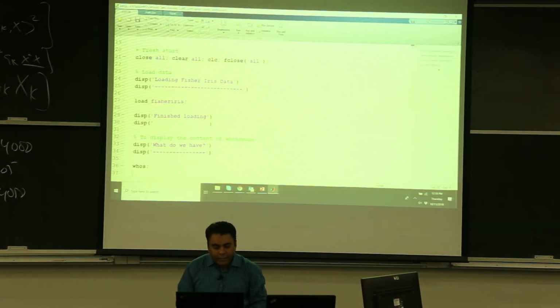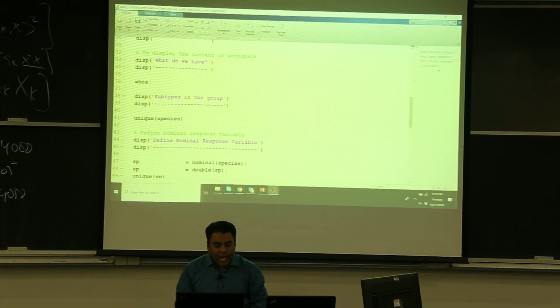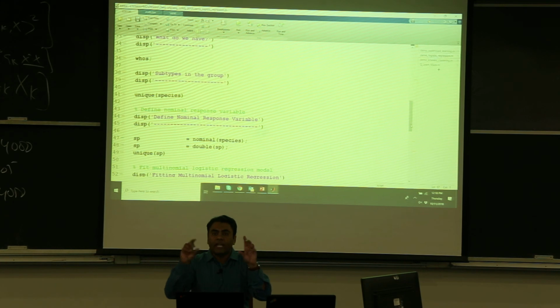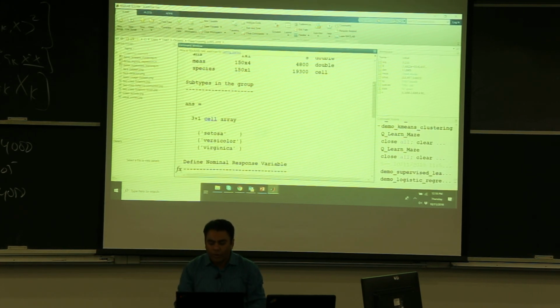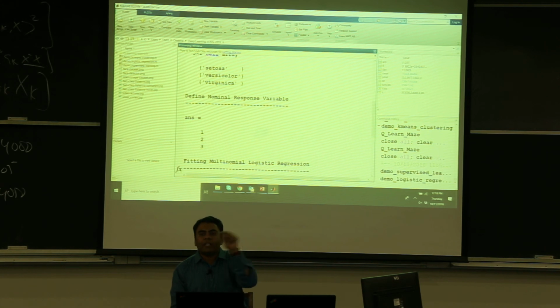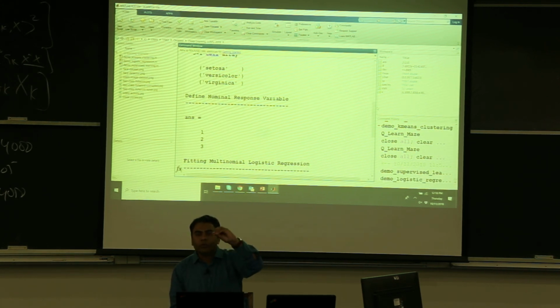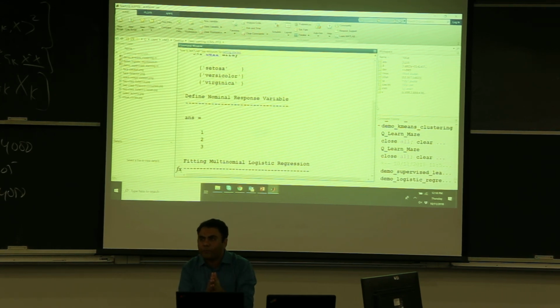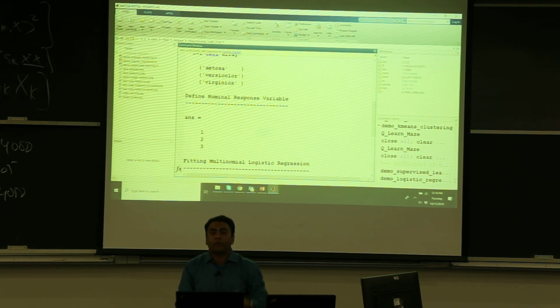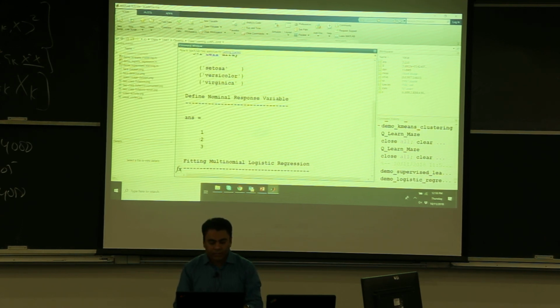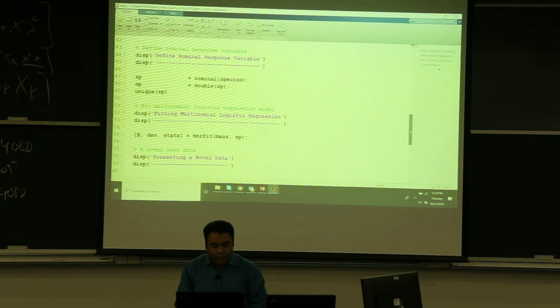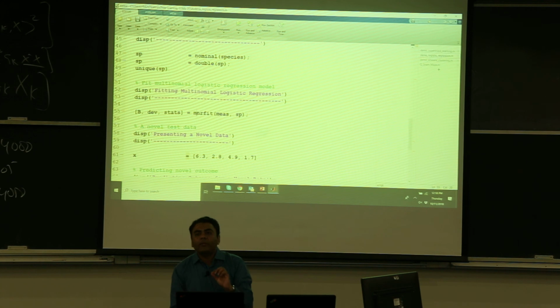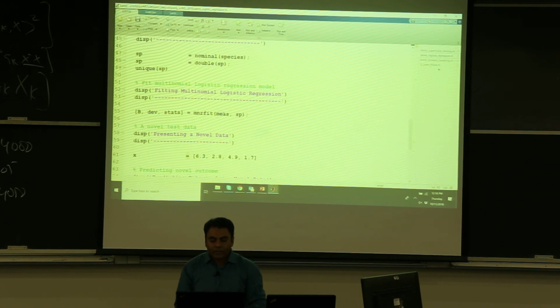So now the first thing that I do is, because I'm doing regression, I need to convert these labels into some numerical value. I want to get a nominal response. So for each class, I assign a value, whether it is 1, 2, or 3. All I'm trying to do now is reformulate my classification problem, my labeling problem, as a regression problem. So these are verbal descriptions of my species, and I assign these numerical or nominal response variables to these classes. And now I do this very simple command, which is a multinomial logistic regression. It takes the observations